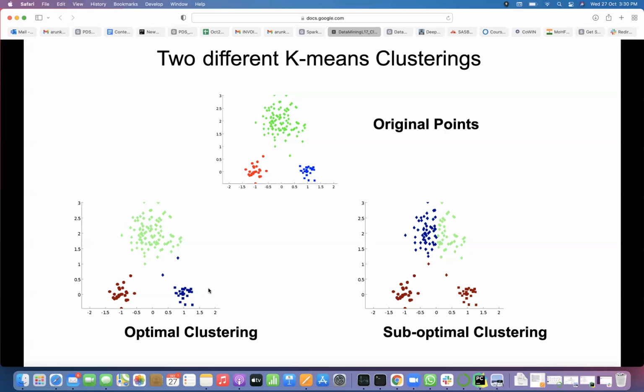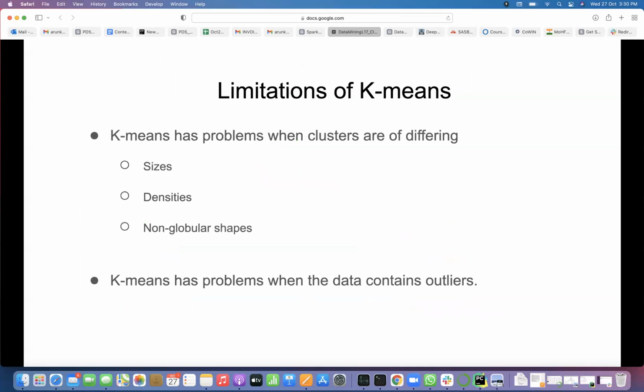The intra-cluster distance within a cluster is much higher on the right side. The distance is very close for the blue cluster and green cluster on the right side. Inter-cluster distance is not optimized here. Within the cluster, the distances are not optimized, even for the red points. On the left side, you have a nice clustering: within the cluster and between clusters, both are optimized. Within the cluster, less distance. Between the clusters, more distance.